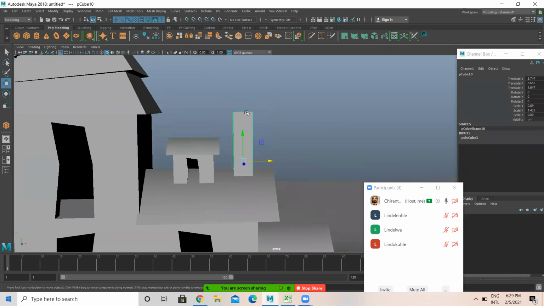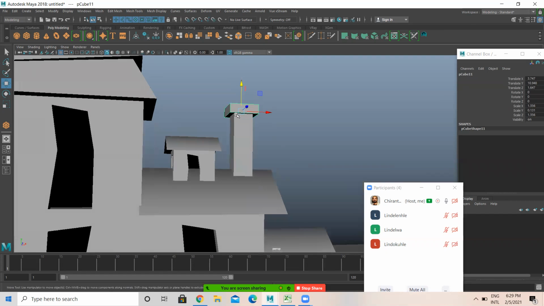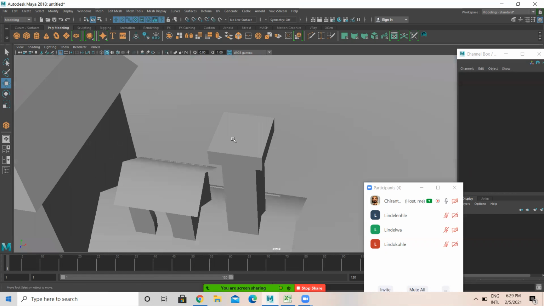Then after this, I'm gonna duplicate this, making it like this. So what are we doing? What is this part? A chimney. Chimney. Very good.